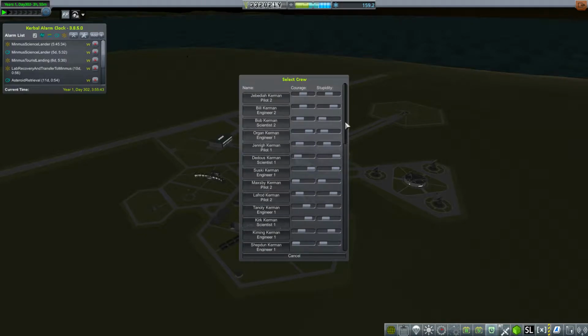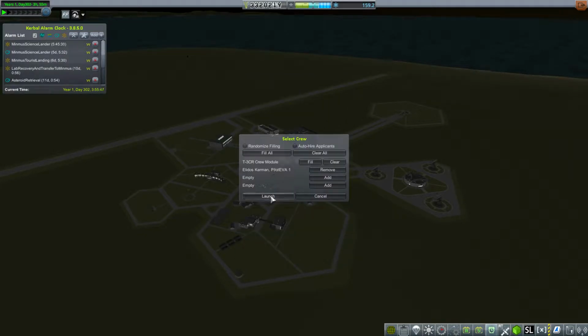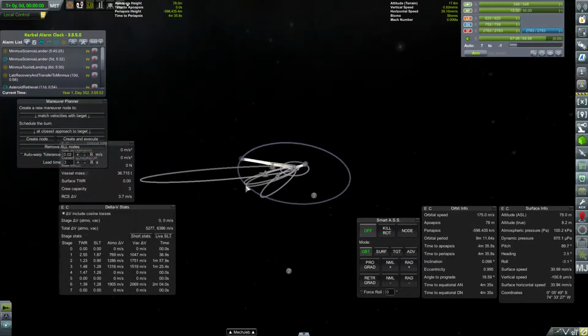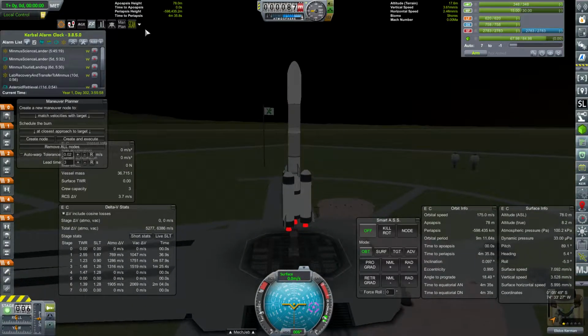Clear all. Somewhere here is Elidos, and launch. And depending on the amount of fuel we have left initially, we will need to decide whether we'll go for the rescued person first or not. Anyway,